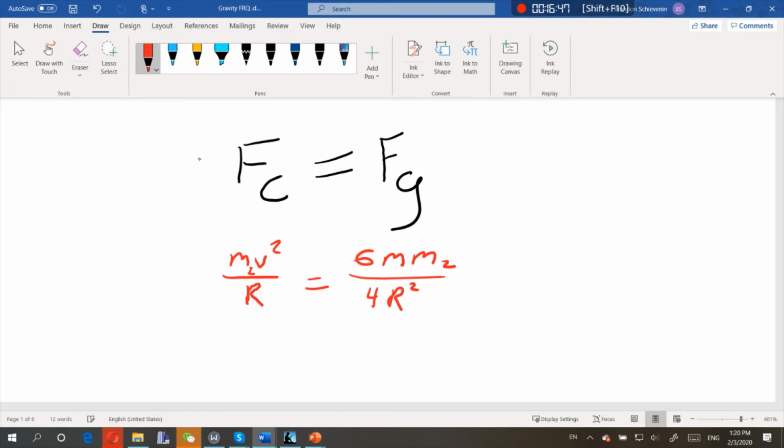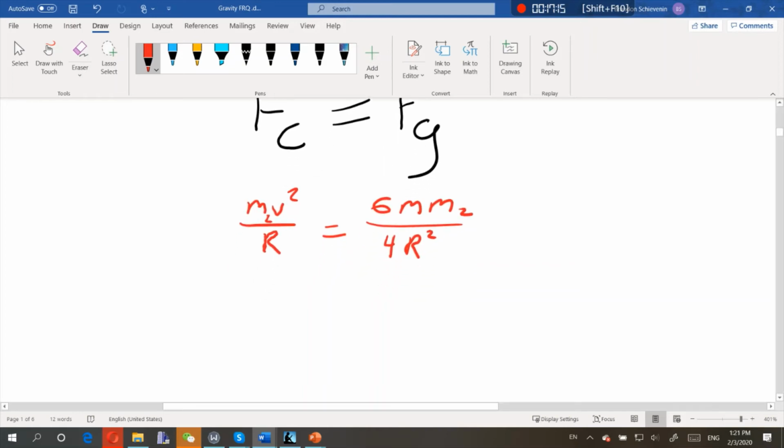The centripetal acceleration radius is your distance to the center, so this R actually won't change. But your gravitational force is your distance between the two centers of mass, so this one will be 4R squared. Okay, keep going. And then we cancel out